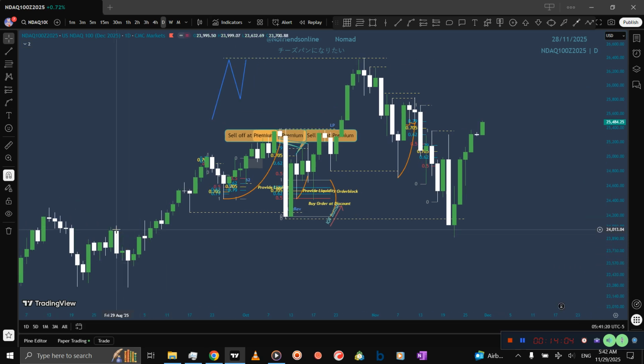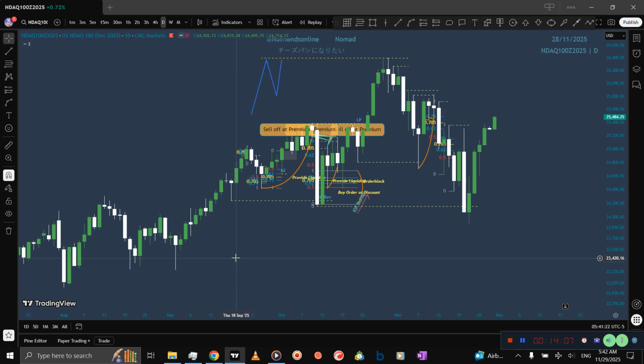This is, you know, in ICT concept, we have buy orders in bearish candles. So we have market maker orders here, buy orders. So when price comes across this area, you don't have to be worried like, oh my god,